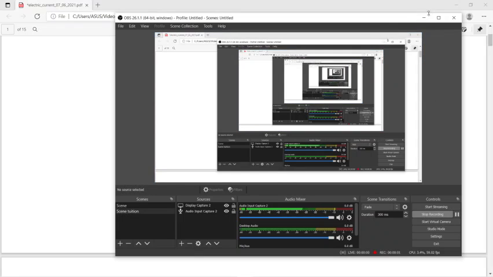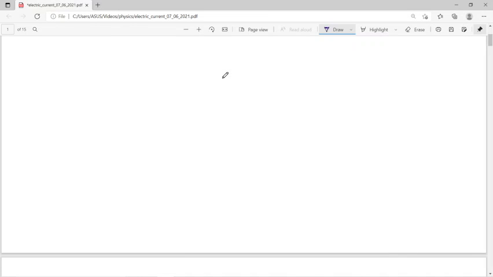First thing that we will start is the relation between EMF and terminal potential difference. What does it mean? That means